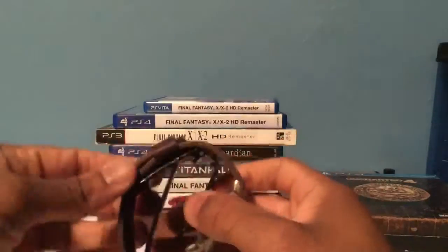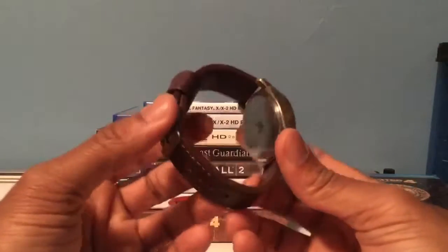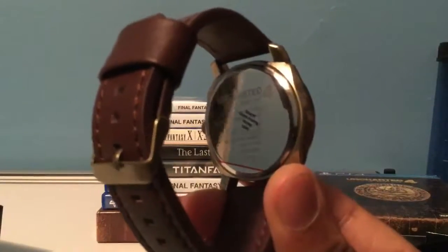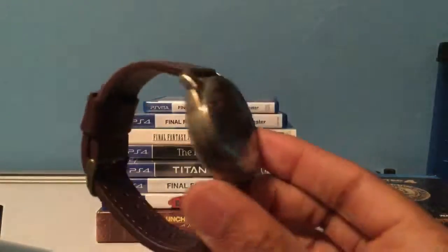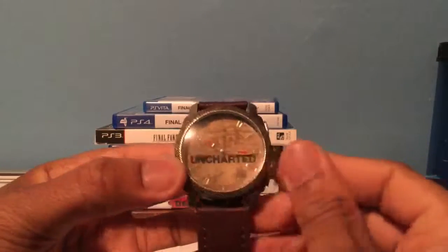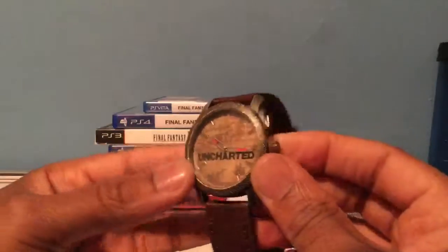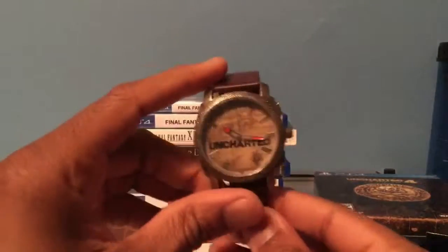I'm not going to try it on necessarily, but let's see how it looks all the way around. And it's kind of a basic watch. Let's see if we can zoom in here a little bit. Has an inscription on the back, and I guess the manufacturer and trademark on there. But I really like the gold. It seemed like it stopped working right after I got it. But I can just switch the battery out. The band, I would say, looks very basic. Not really much to comment on, but